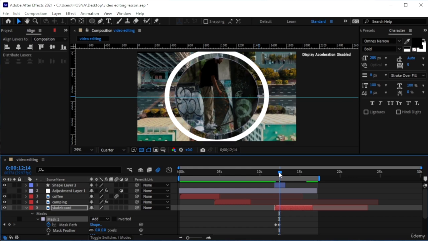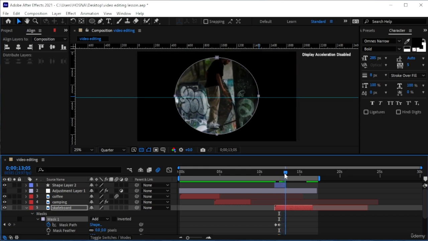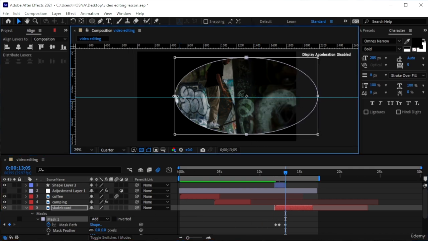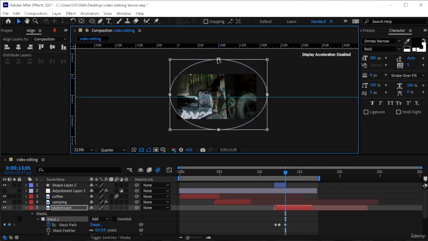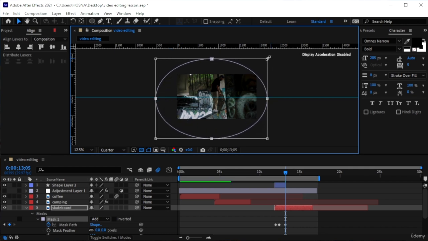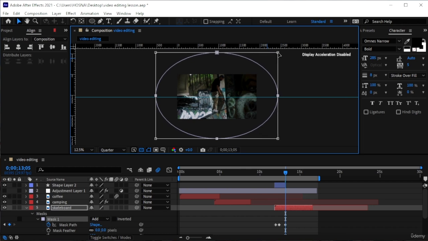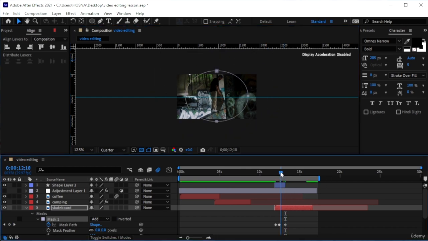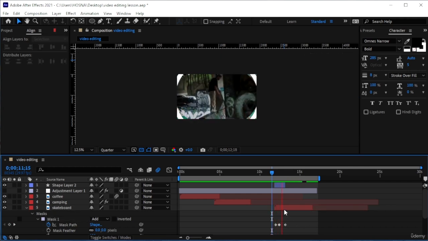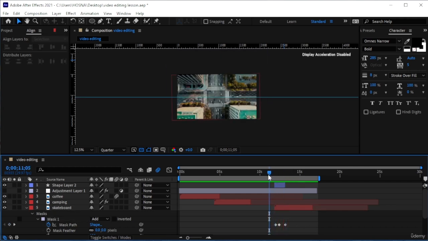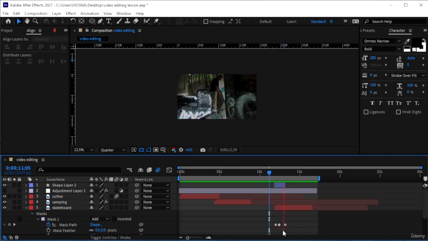Alright, and then we're gonna finish it off at where the mask ends. So it needs to expand all the way out. Just do that. Make it big and zoom out. Again, make sure that the clip is in the center. Don't rotate it. Grab the corner and just center the mask. Play that back. Alright, so